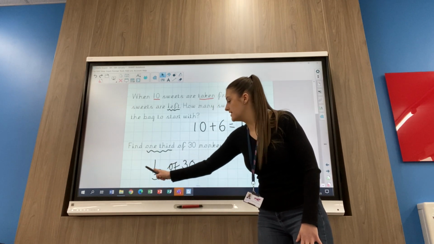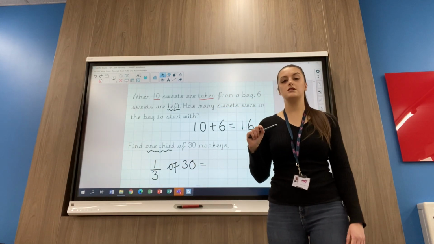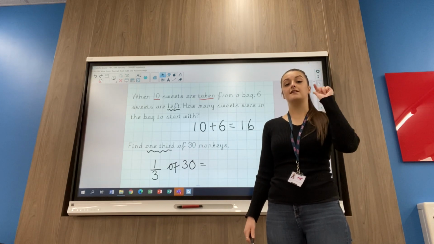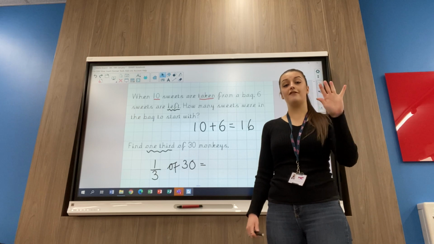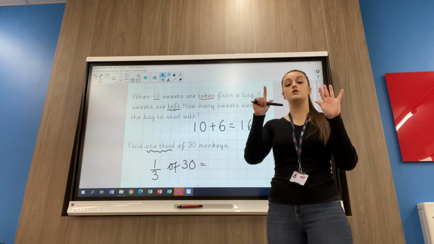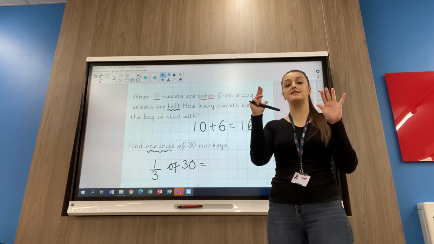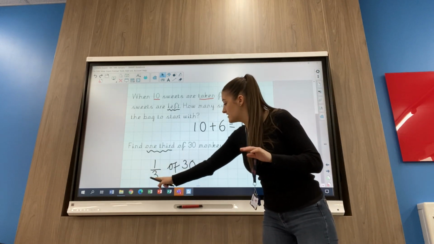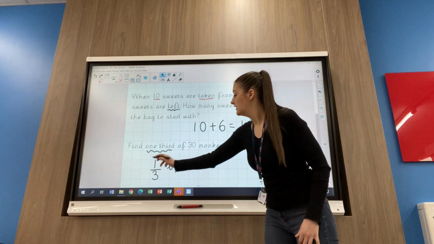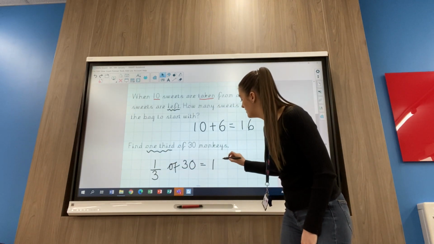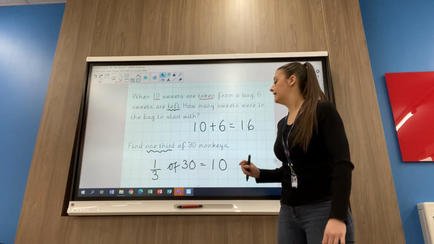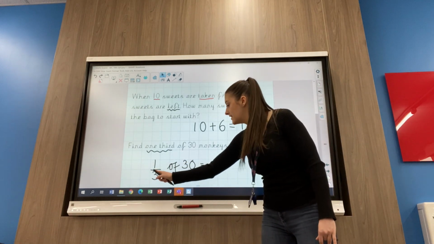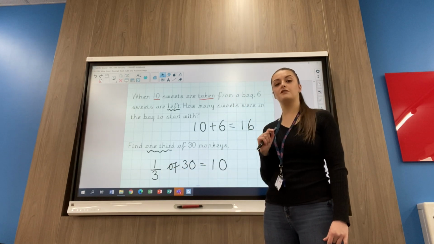So how many 3's go into 30? Can you count in your 3 times table with me up to 30? 3, 6, 9, 12, 15, 18, 21, 24, 27, 30. That's 10. I know that there's 10 3's in 30. I only need one of those because it's only asked for one part. Now remember, if you're not very confident at counting in your times table, so counting in your 3's to work out 1/3 of 30,